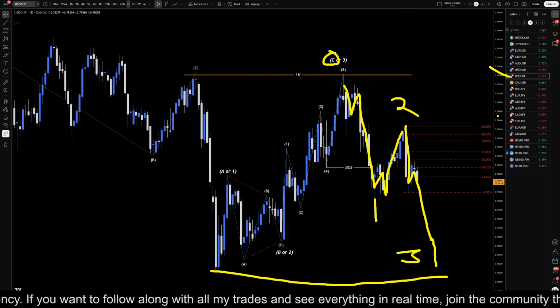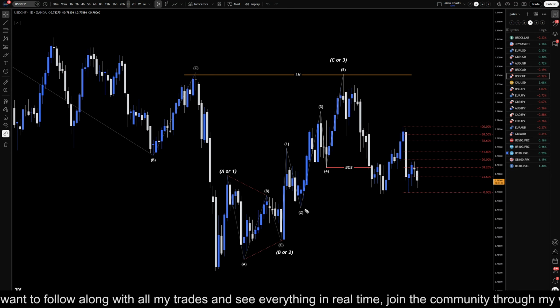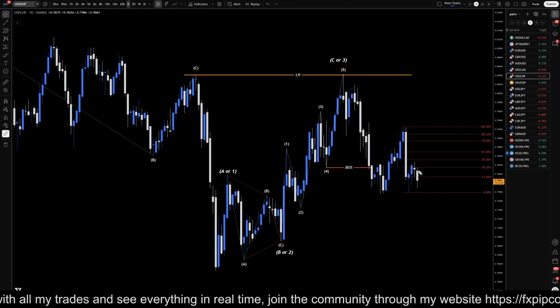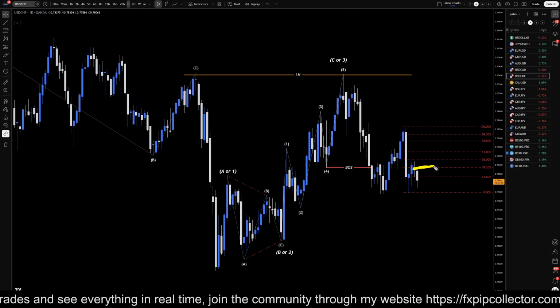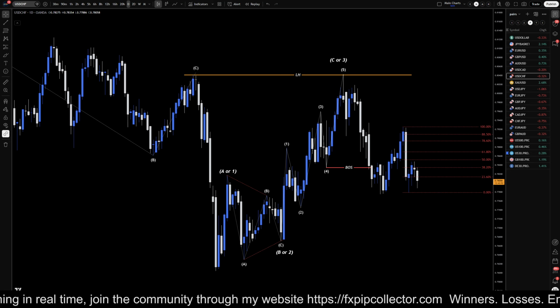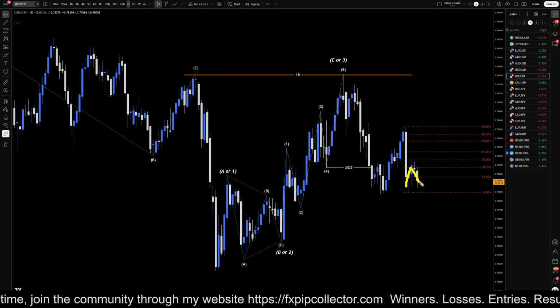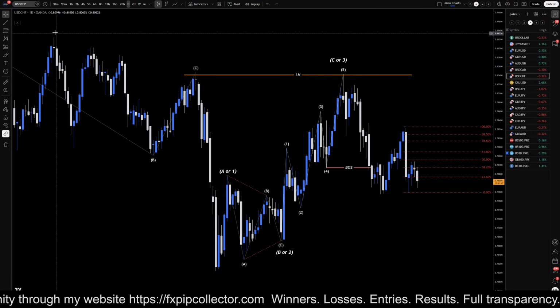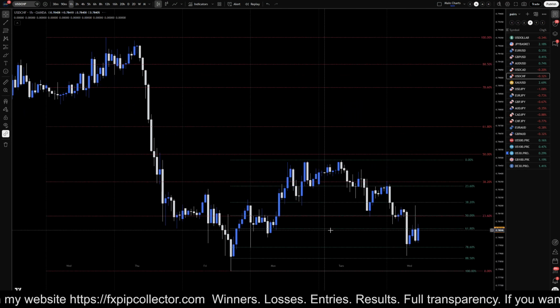So the trend is definitely down based on structure. The trend is definitely down based on market flow. The problem is a lot of times these Trump announcements, by the end of the day, it ends up all the way back up to where it started. So I really wouldn't be surprised if it does go back up. And it would honestly make more sense to me for this to at least make a three-way pullback. But the market knows best, and the market is definitely down.